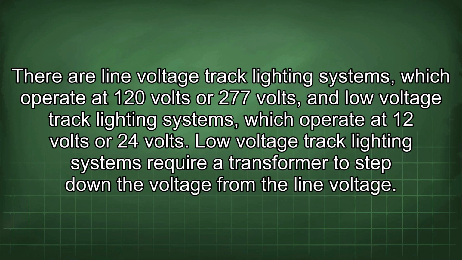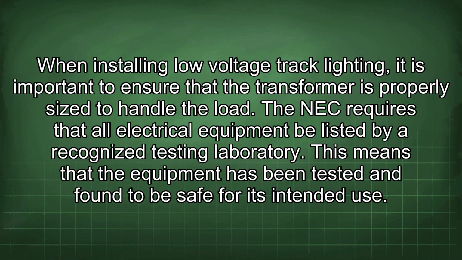There are line voltage track lighting systems which operate at 120 volts or 277 volts, and low voltage track lighting systems which operate at 12 volts or 24 volts. Low voltage track lighting systems require a transformer to step down the voltage from the line voltage. When installing low voltage track lighting, it is important to ensure that the transformer is properly sized to handle the